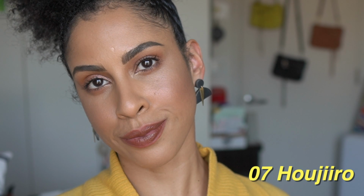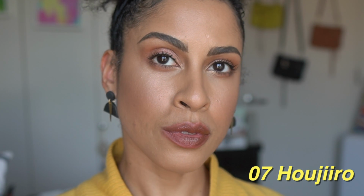Ooh, wait, I gotta quickly show you. Hold on, one more. Here's one more. Number 7, Houjiiro. This is more like a brown. And again, if you want to do the blot, excuse me while I clean up. Even with the blot, I don't mind that there's not as much color left behind. It could be this color specifically that's maybe not as even as the previous one, but like the description explained, you have to let the formula settle and look at what's left behind. Once you really blend it in and let it sit for a while, the consistency left behind and the color is just...